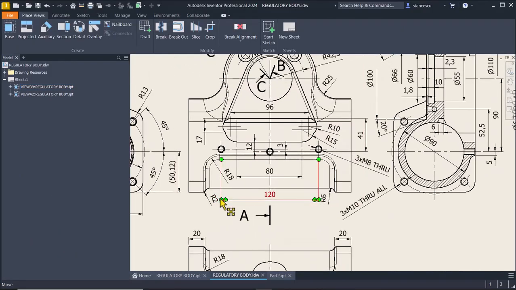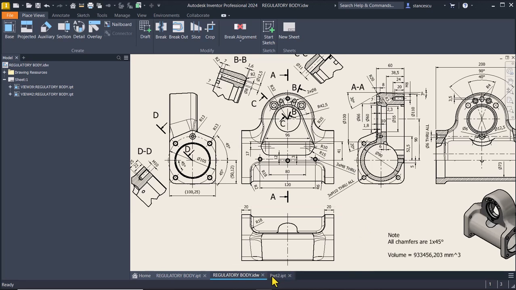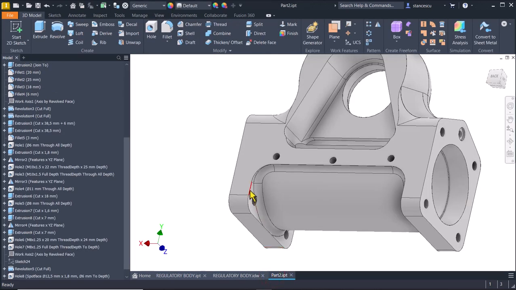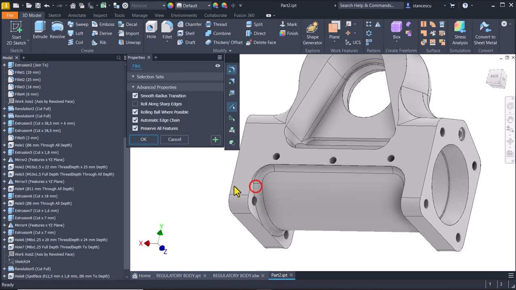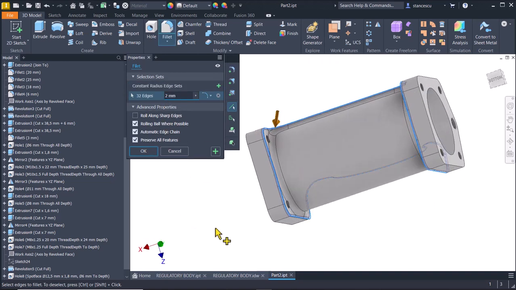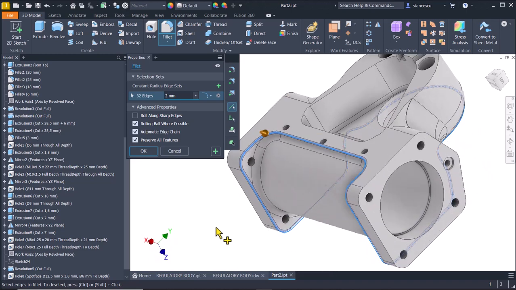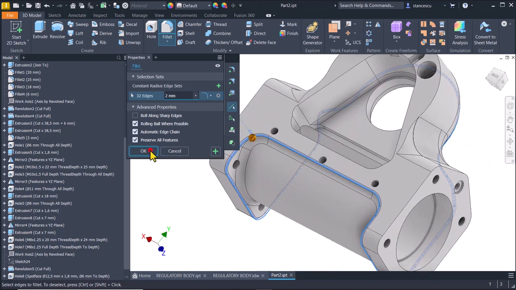You see, radius 2. I select one face, 2 millimeters is by default, and we have all this nice contour. Okay,